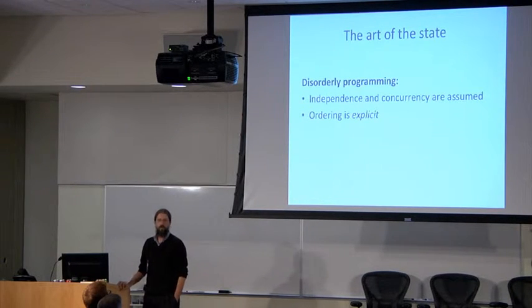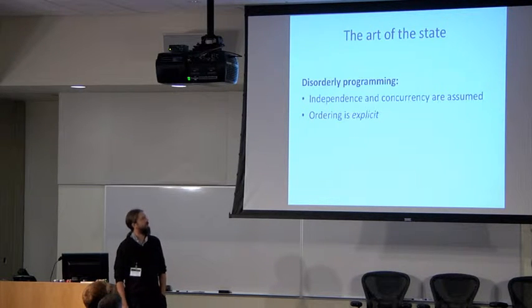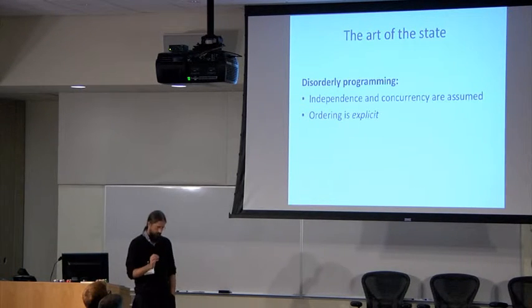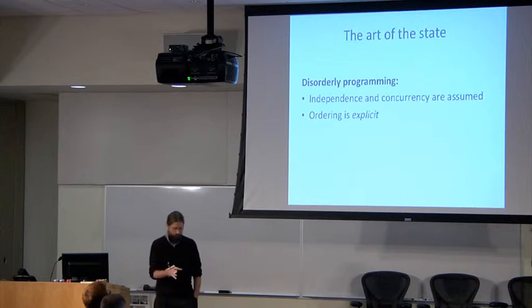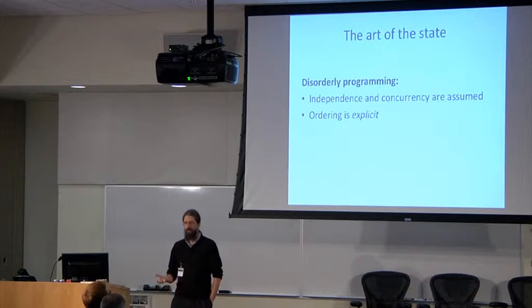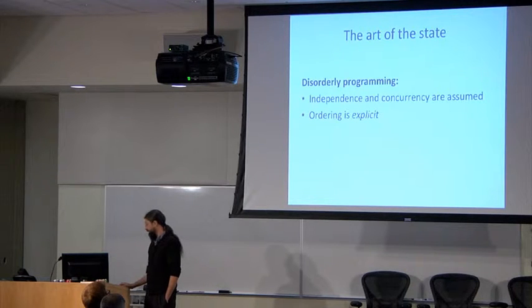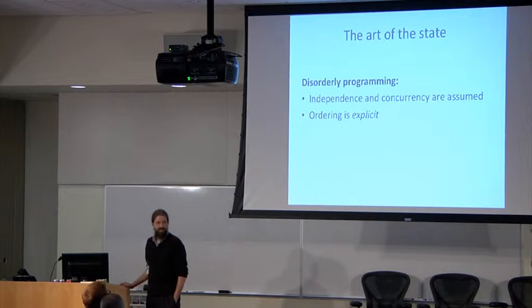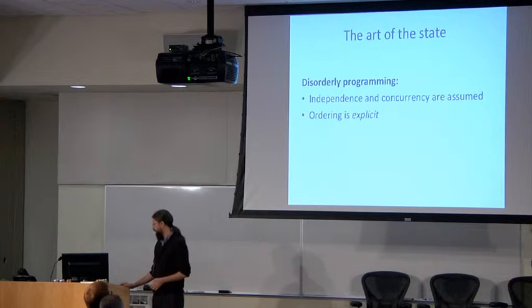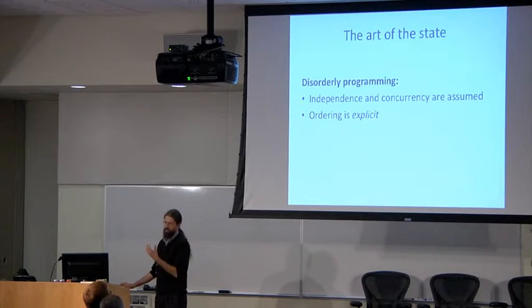There's a programming language design maxim that the right language for a particular domain should obscure the details that don't matter and bring into focus the details that do. And we feel very strongly that ordering is the hard detail about distributed systems programming. When a programmer says they want order, they should be thinking really hard about what order they want. So it's a special case behavior, and this is where the cognitive load of the programmer should be raised.